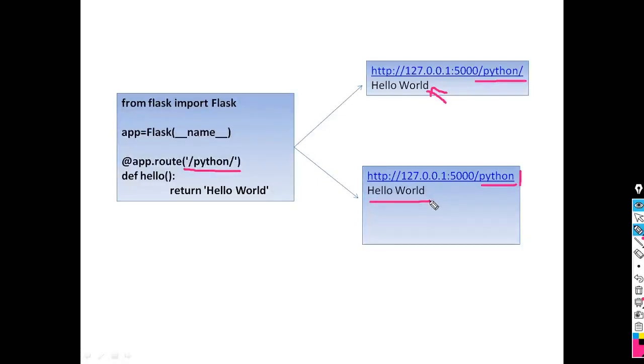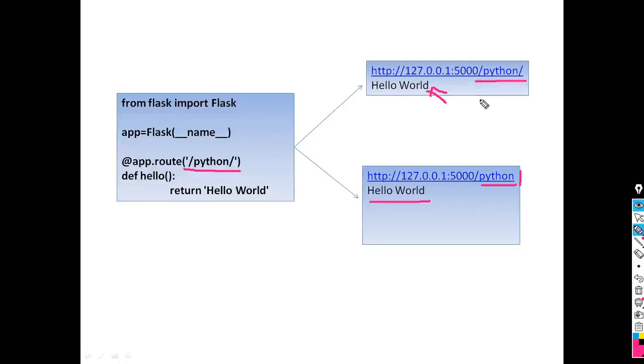So what is the meaning of this? When we enter the URL using two slashes, it executes with both methods, without slash and with slash, and returns the output.